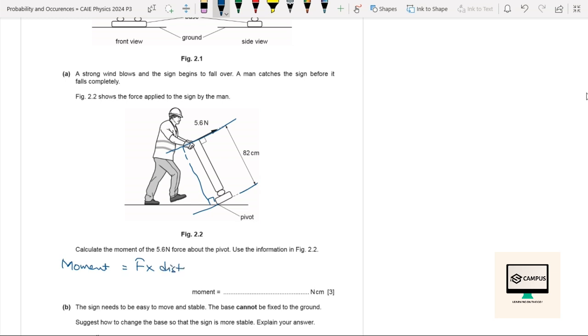We simply multiply the two quantities, which is 5.6 multiplied by 82. We don't need to convert it into meters because the answer is already given in Newton centimeter. We need to present the answer in Newton centimeters. So we need to be cautious about that as well. So what is 5.6 times 82? 459.2